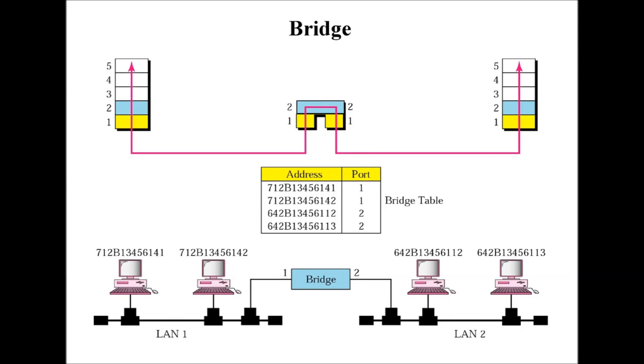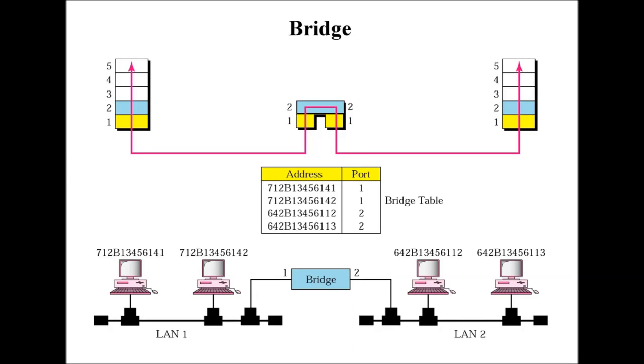So on the upper side, you can see the functionality of bridge. Bridge contains a MAC address table. Addresses are saved in its MAC address table, and you can also see the port numbers. On the right side you can see port numbers, on the left side you can see different addresses in the MAC address table, and on the basis of these addresses and port numbers, bridge will be able to communicate data, to send data among different computers, among different devices which are connected to it.